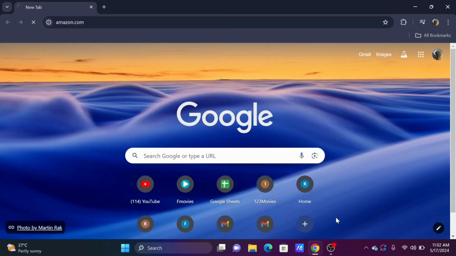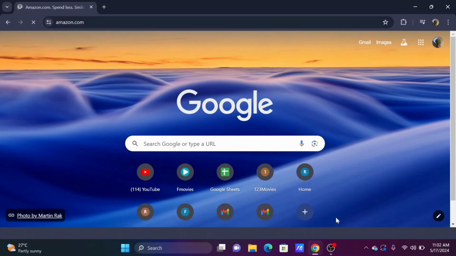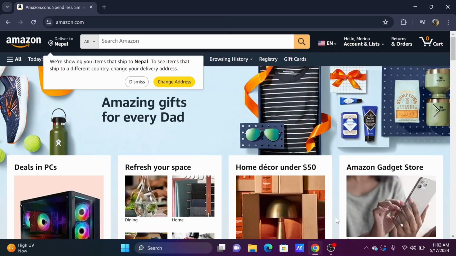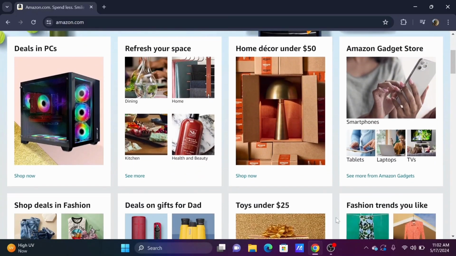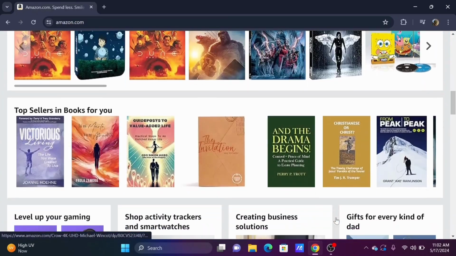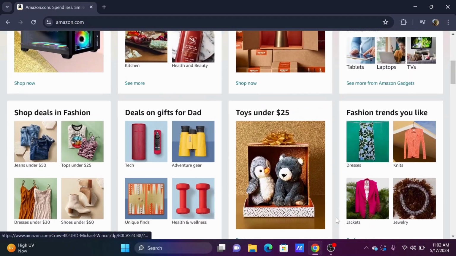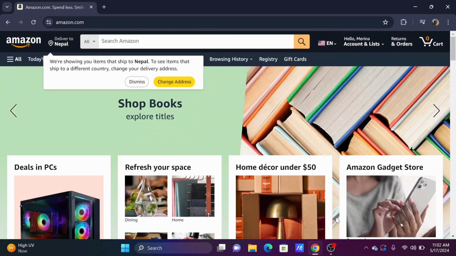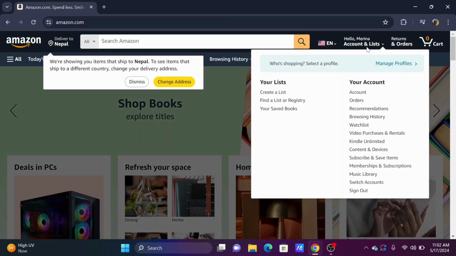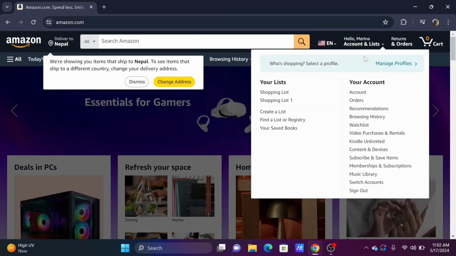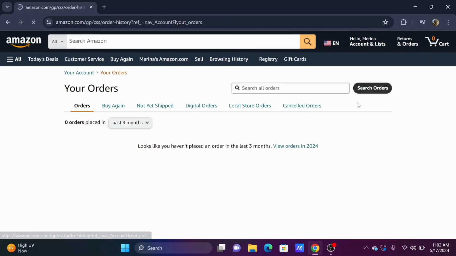So starting off, just head over to your amazon.com. Make sure that you are logged in to your Amazon account. Now first and foremost, you need to log in, and right after that just go ahead at the top and select the option of returns and orders from your dashboard, or tap on account and list and head to